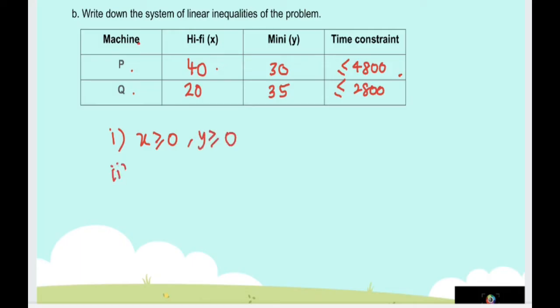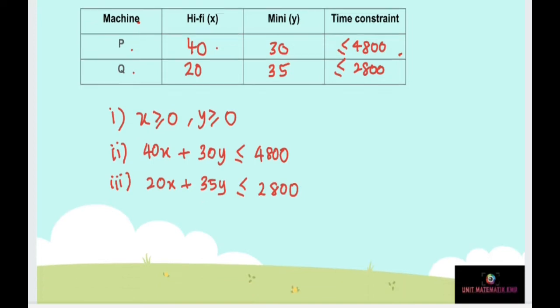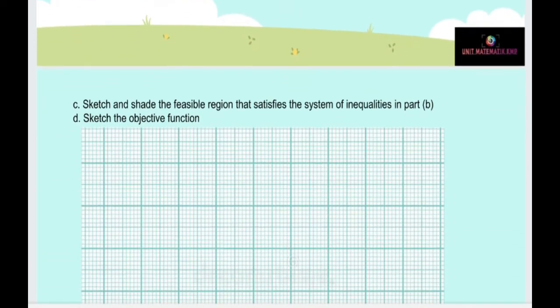So number 2 we got from the table: 40x plus 30y less than or equal to 4800. And number 3 inequalities is 20x plus 35y less than or equal to 2800. Okay, so for question C, we need to sketch and shade the feasible region that satisfies the system of inequalities